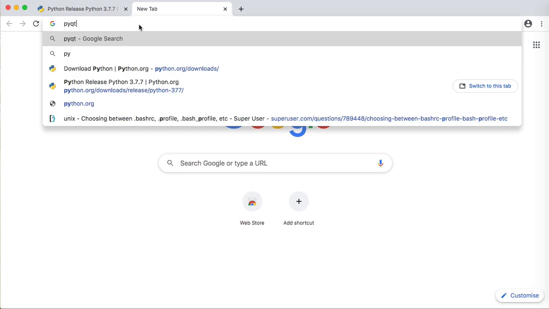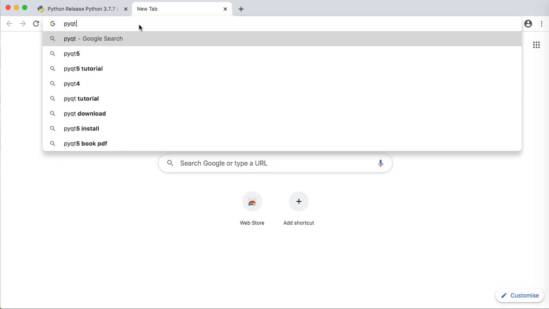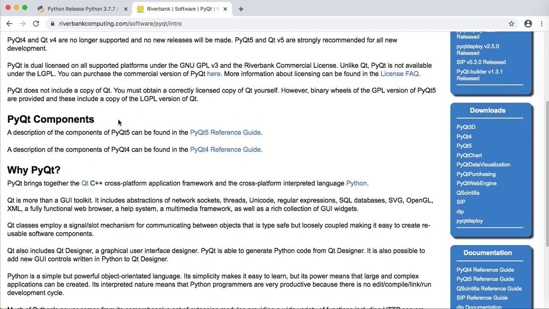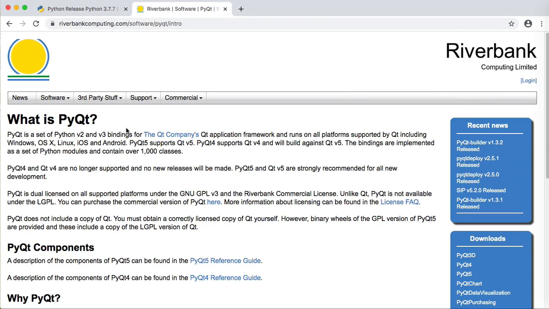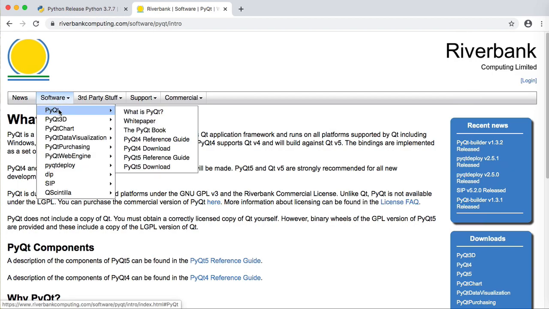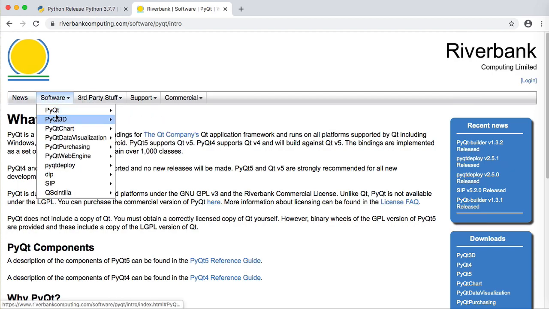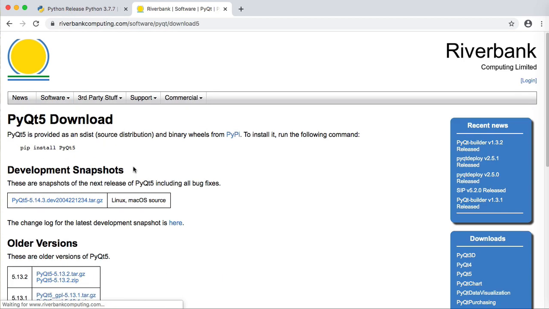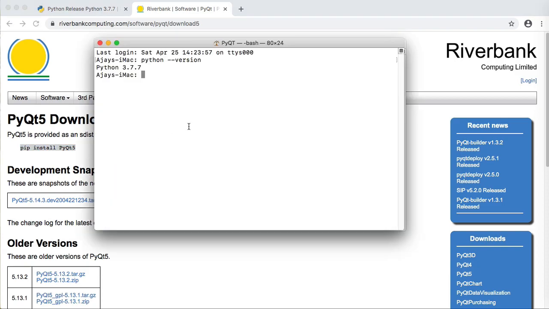Now we need to install PyQt 5. So for that, first of all, let's go to their official site and go to the download section of PyQt 5 from the menu. And you see there is a command which is pip space install space PyQt5.